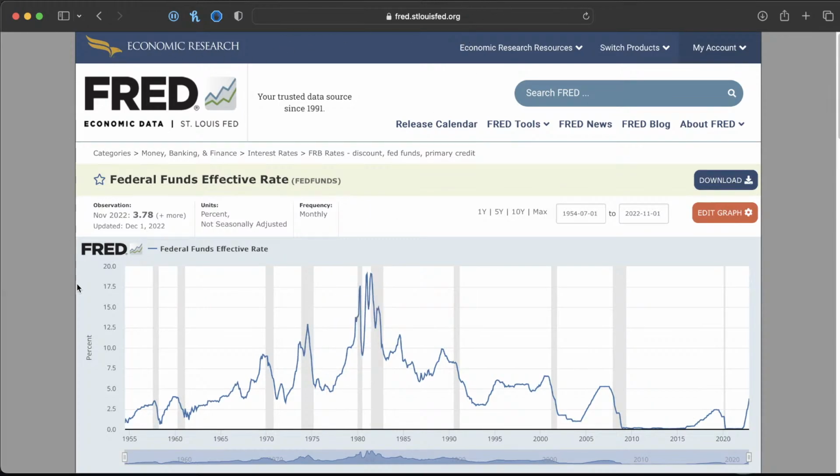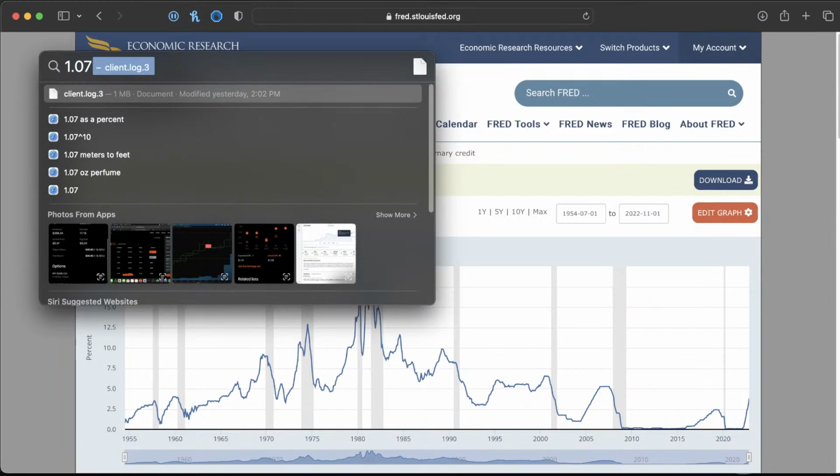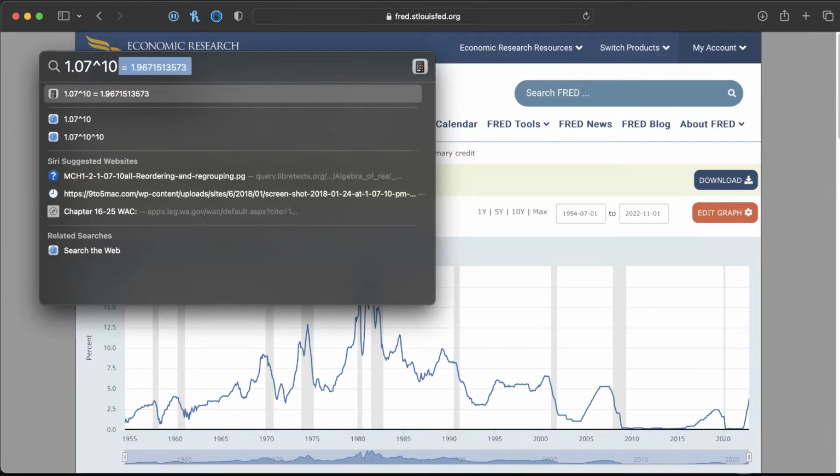Hopefully we don't get that again, because with 10 years of inflation at 7%, inflation compounds itself. So if we have 10 years of 7% inflation, that means that prices would nearly double over the next decade, which is very hard